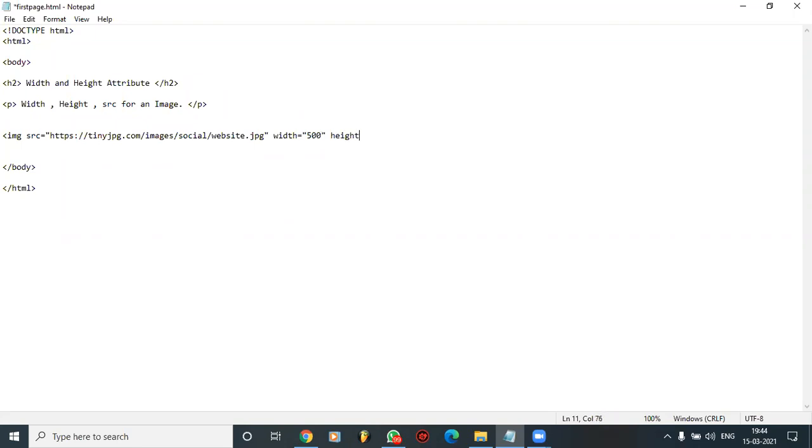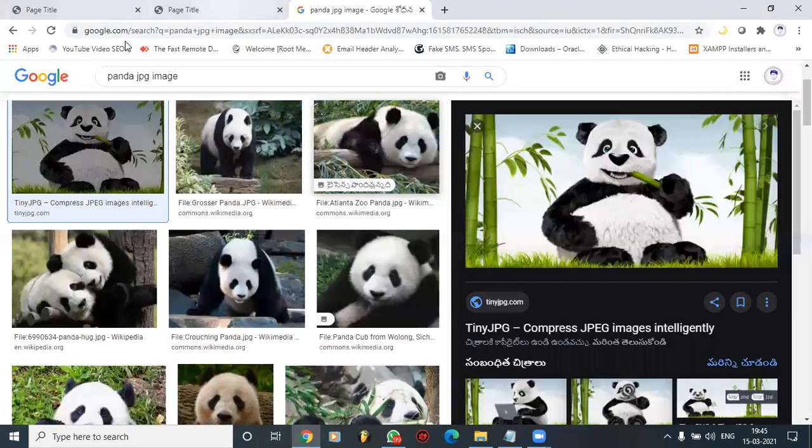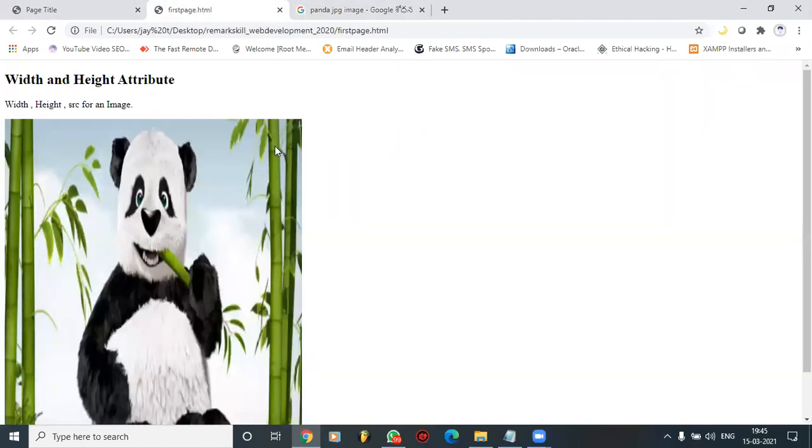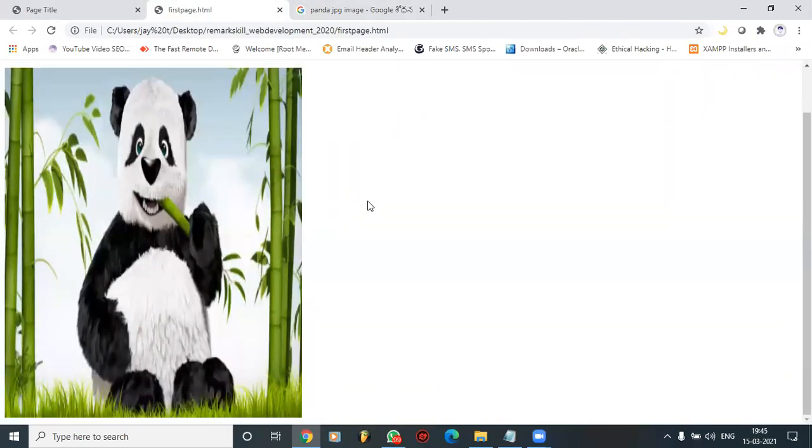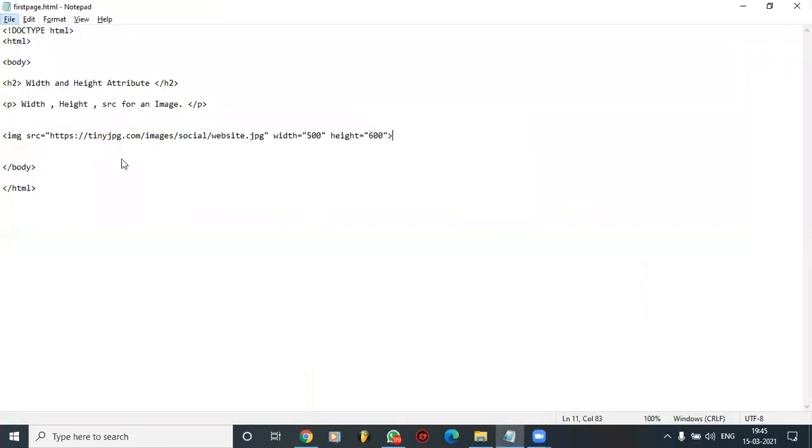Then height, that is 600 pixels, right? Then close it. Let's check the output, guys. That's how we use it. Let's increase the